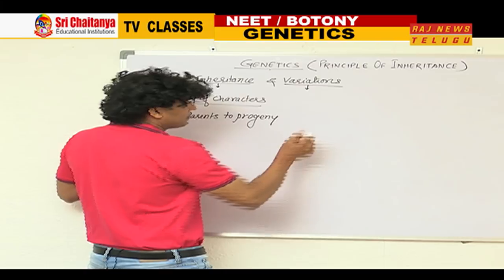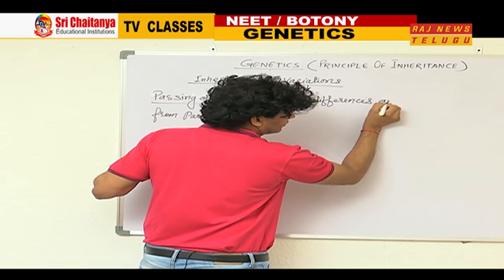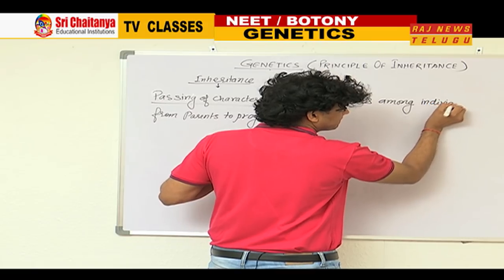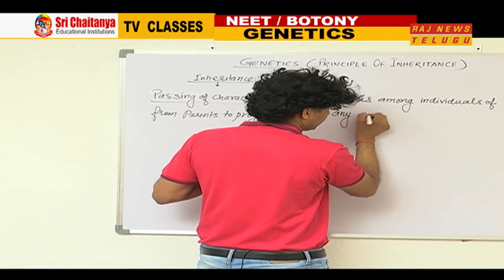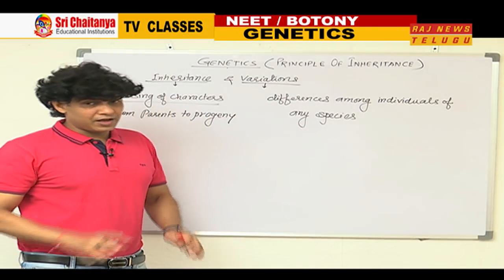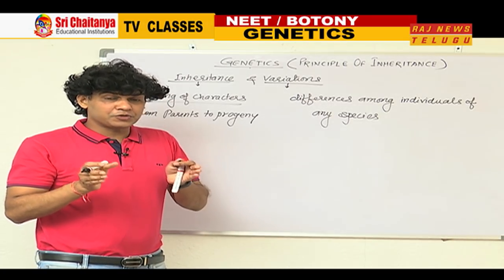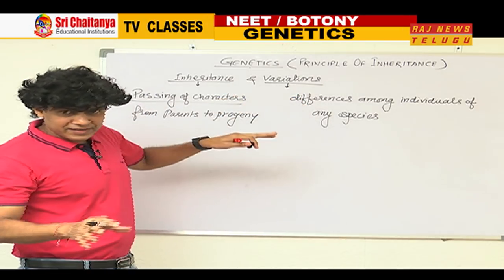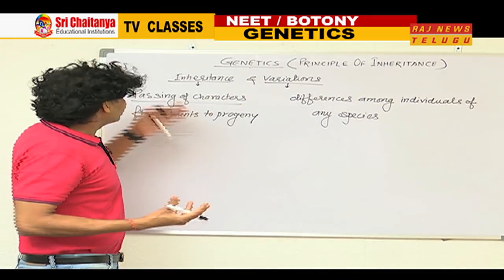Variation, the second part, means differences among individuals of any species. As I said already, all the siblings are human beings, but all your siblings are different from each other. These slight differences that you observe among your siblings are just because of the variation. Means differences are because of the variation, and this uniformity of being a human being is just because of the